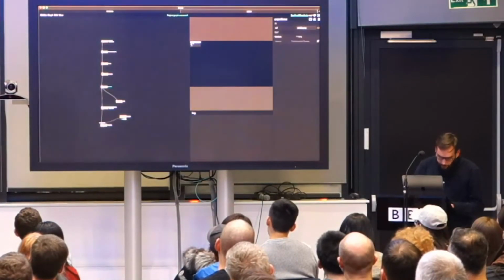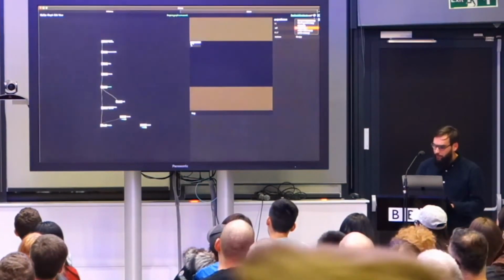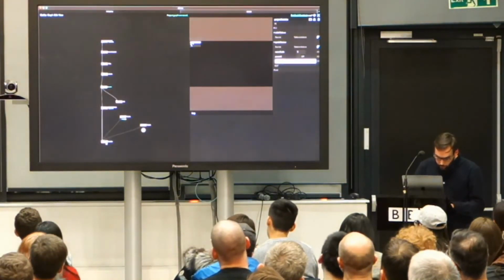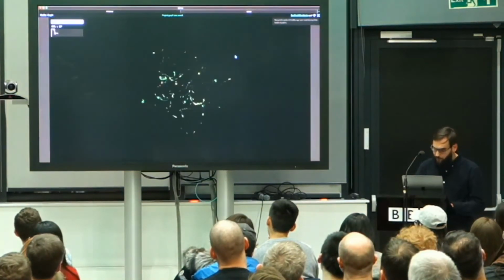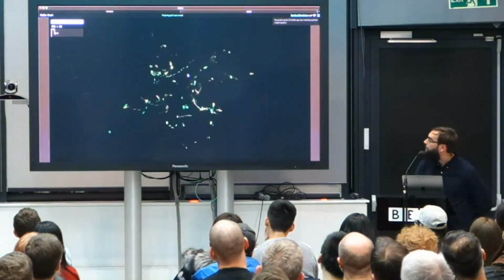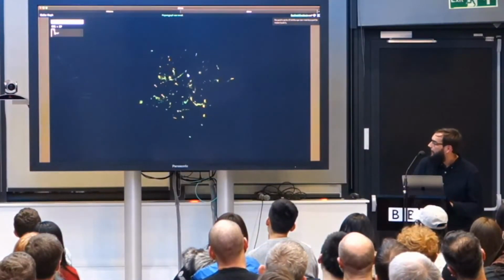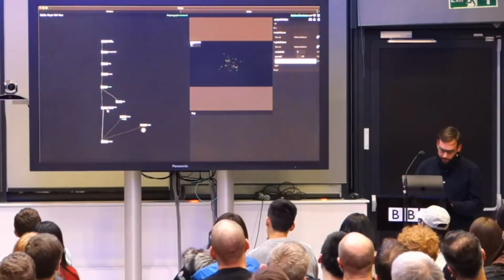So I can duplicate this, add another texture for everything to work. And there you go. You have a particle system going full screen, so you can see, maybe? No, you don't. So yeah, it's a bit boring, so I'm going to try to make it more interesting with